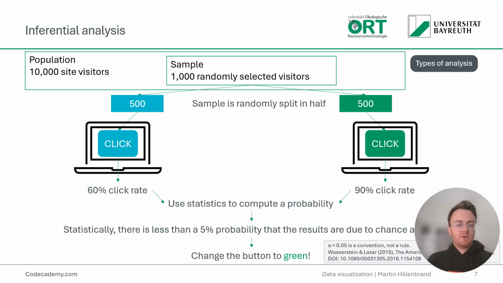We have a higher click rate, and if you want to have a higher click rate, then we can do this here. So this is a very common type of inferential analysis that's being done in web development. So you do these A/B tests, but you can also imagine other experiments and other hypothesis testing where you could do the same in order to find out, okay, what should I do, how should I behave, what information can I infer from data, and how should I set up an experiment to confirm or disconfirm a